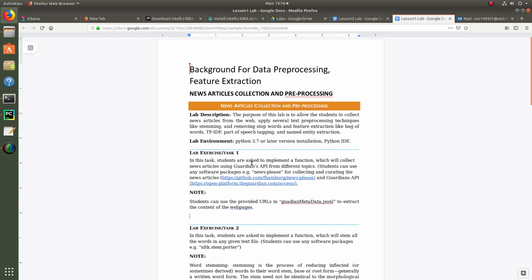In this lab, we are going to go over background for data preprocessing and feature extraction. You will learn various techniques such as stemming, removing stop words, and feature extraction, such as bag of words, TF-IDF, and parts of speech tagging. To accomplish this lab, you need a computer with Python version 3.7 or later installed, as well as a Python